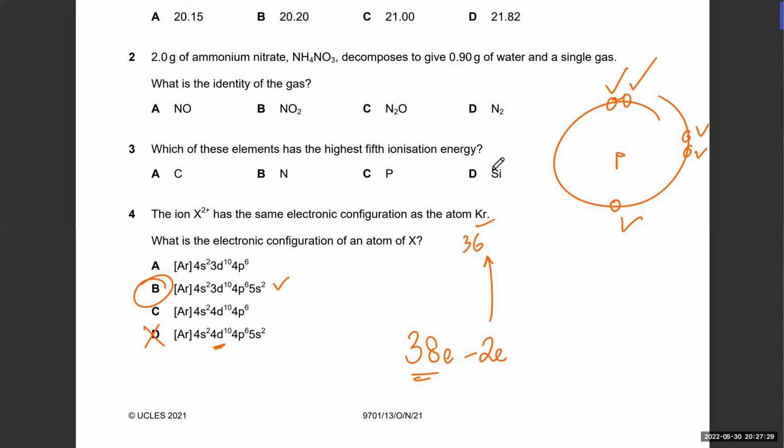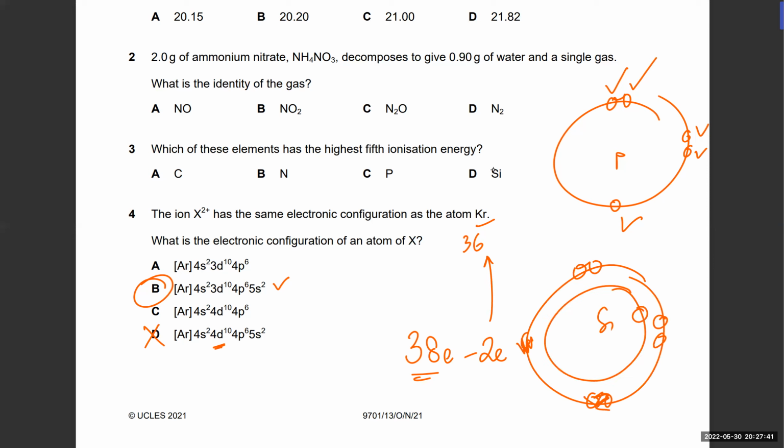It's probably going to be highest for silicon because silicon has 4 electrons in its outer shell. So the 5th one would be coming from the inner shell. You remove the first one, second one, third one, 4th one. So easy, easy, easy, easy. The 5th one becomes difficult. Is that clear? Yes, sir. So the 5th highest one would belong to silicon because you're removing,